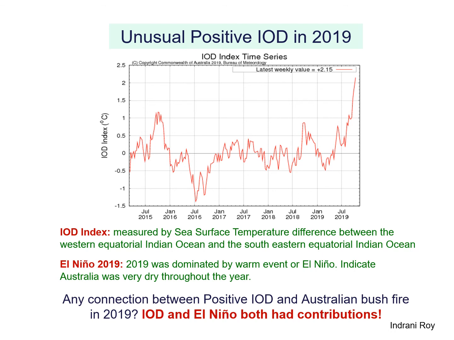And during 2019, an unusual forest fire happened in Australia, and simultaneously the ENSO phase was again positive, and positive ENSO also helps dry conditions in Australia as I discussed before. That means for the forest fire experienced in Australia from July 2019 onward, the Indian Ocean Dipole and ENSO both had some roles.